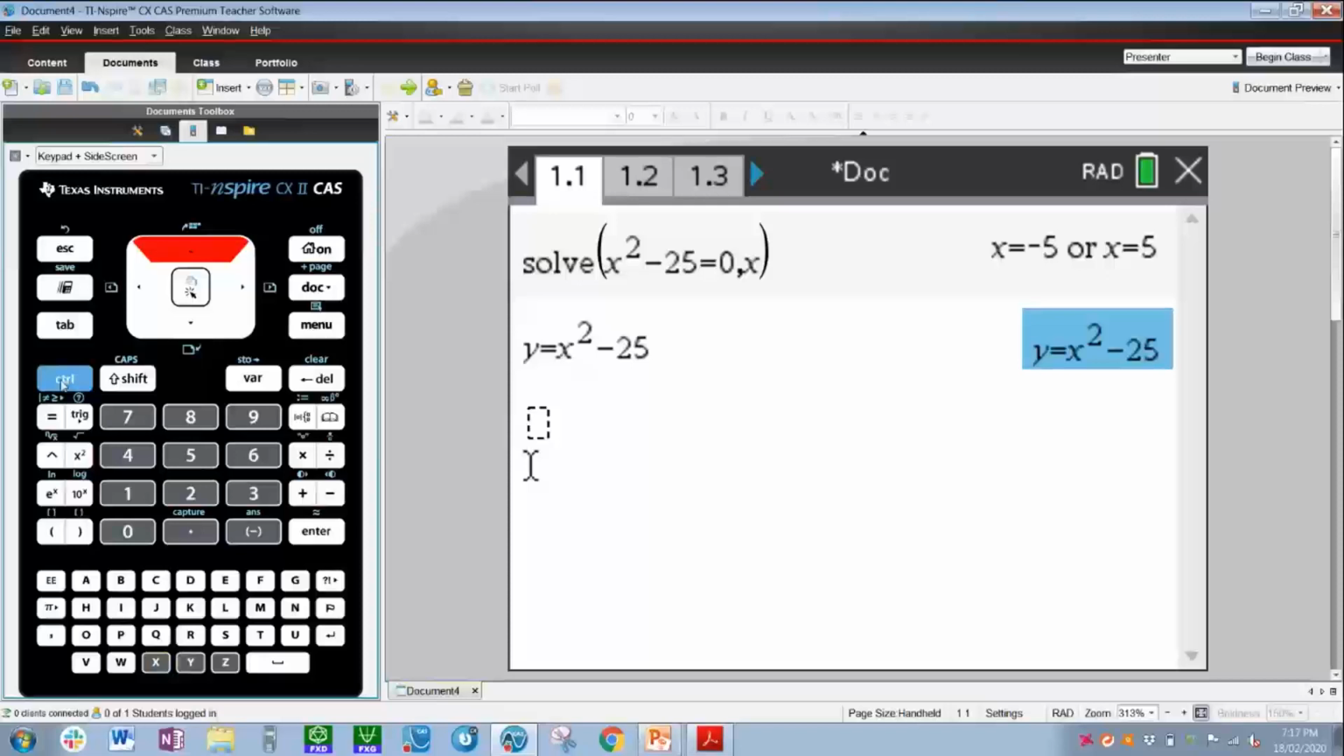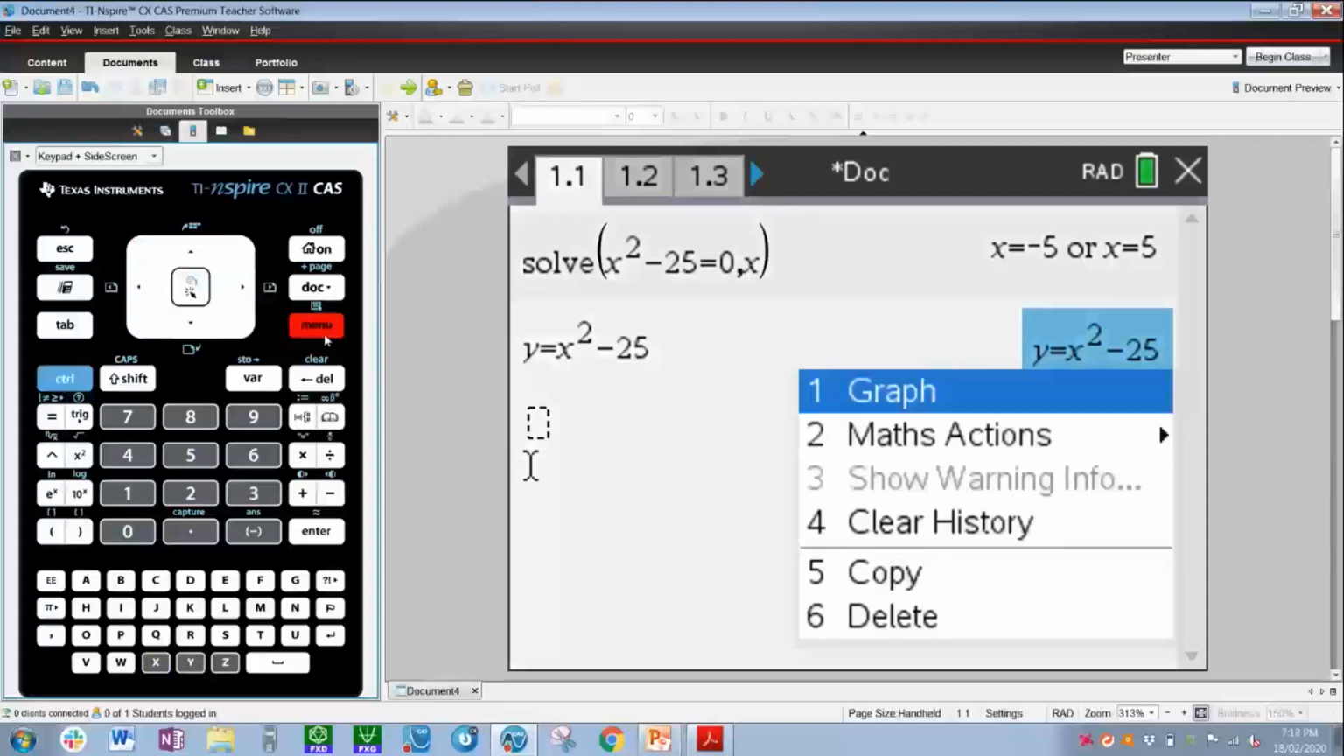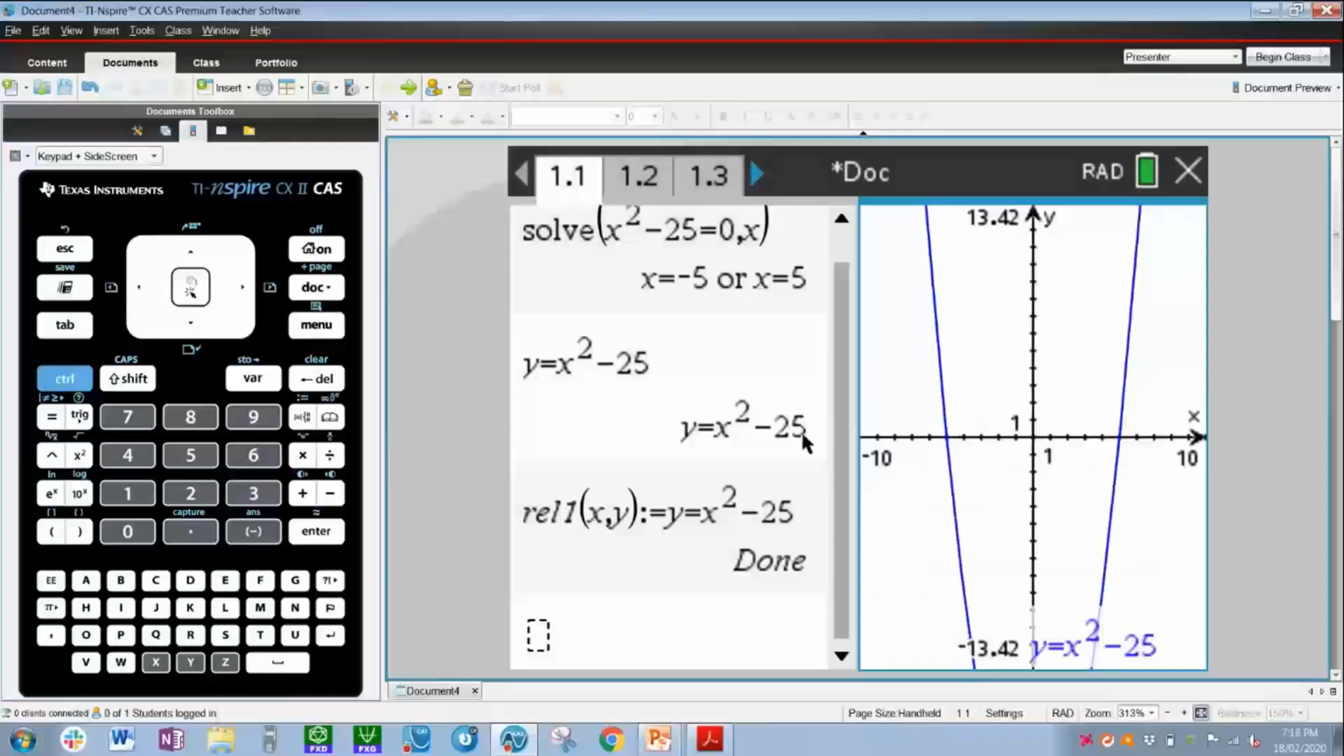So the context menu is a right-click menu that is dynamic and depends on what you've selected. So on the handheld, control menu is our context menu. On the computer, of course, you can just do a right-click. So I've just done control menu, and the first option there is graph. Now when I click graph, there we go. It's quickly graphed this, and it's done it via a split screen,